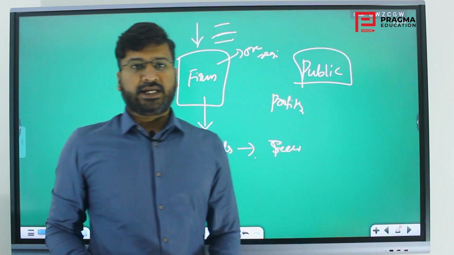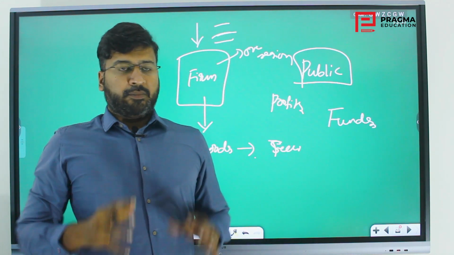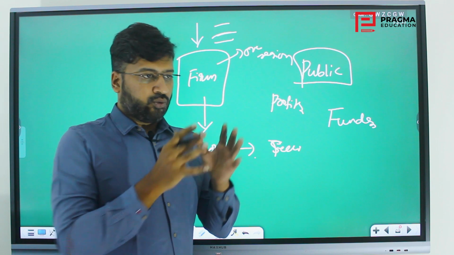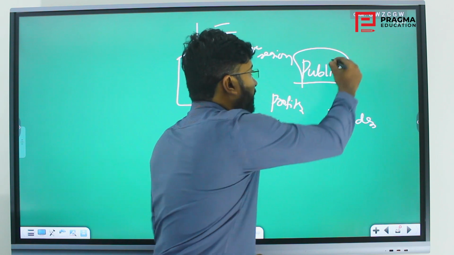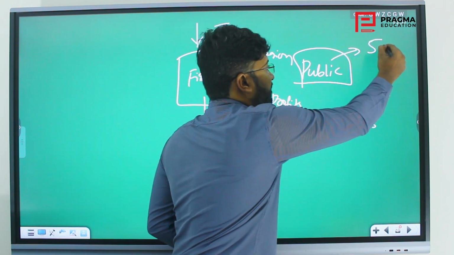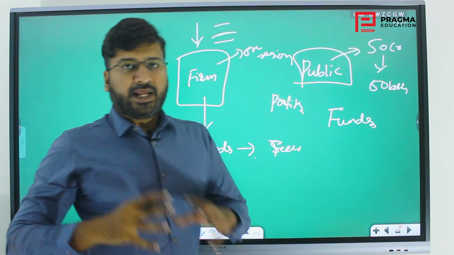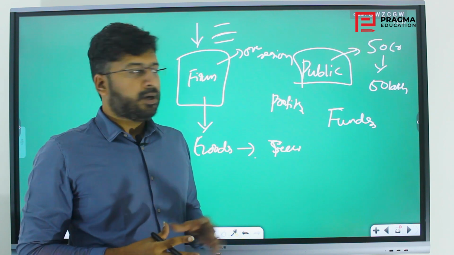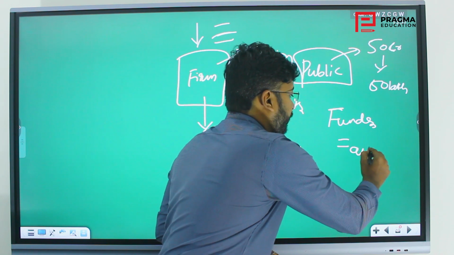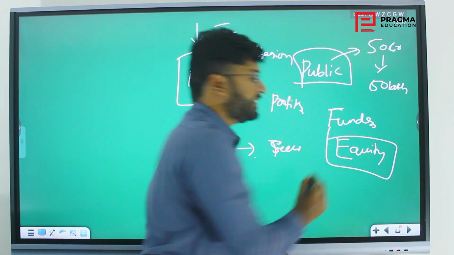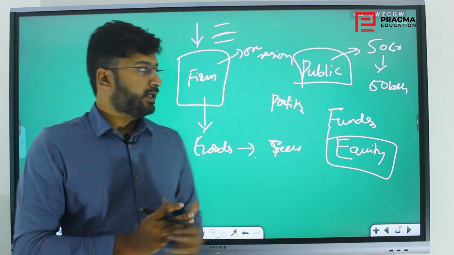Going public means it is raising funds from the public. The public are ready to invest, but only in minute numbers, but in large volume. That is the point. If I make my company public, I'll sell shares worth 50 crore. I'll sell it to around 50 lakh people, or 10 lakh, 5 lakh, 20 lakh people. So I will divide them into shares. This is called equity.